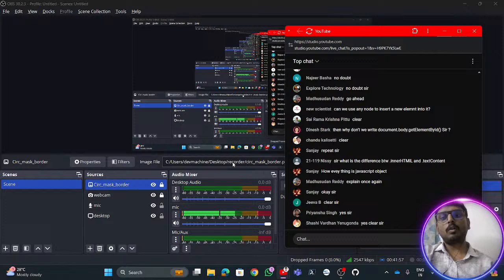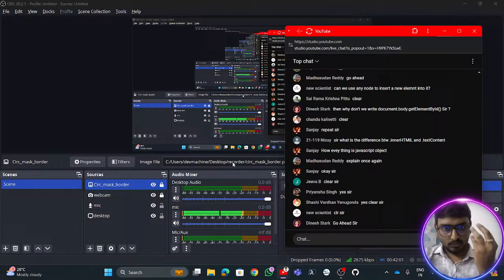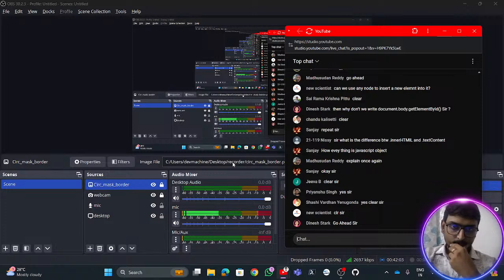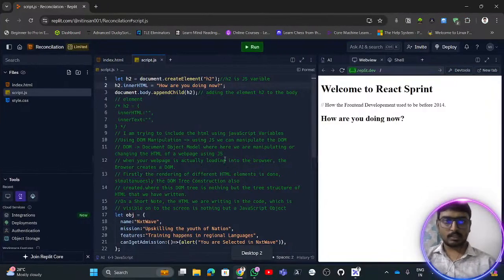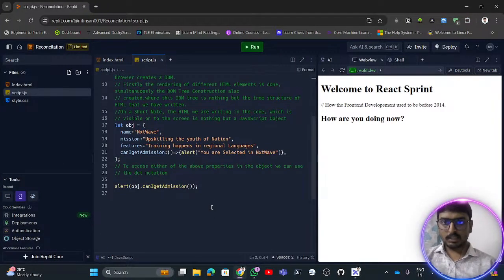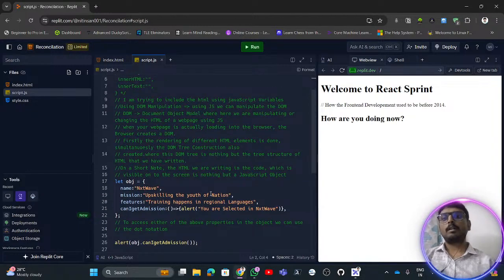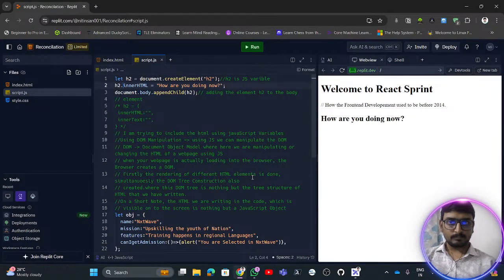Because this is the fundamental way of understanding how JavaScript actually helps you to manipulate these things. Yes, clear. Now let's go ahead. So this is the conclusion that I have made. Now going ahead, let's say